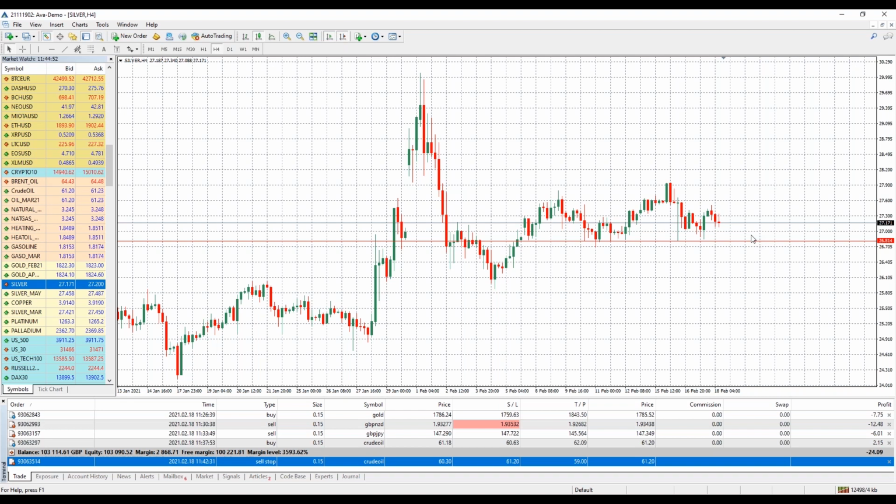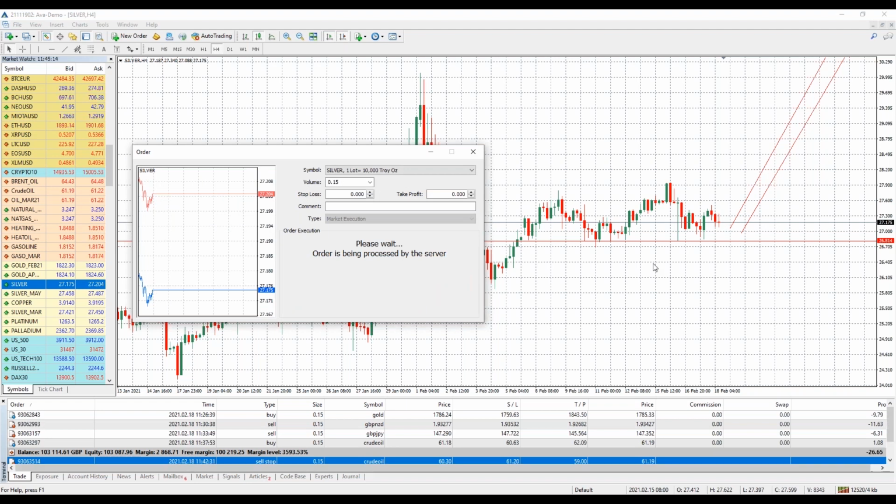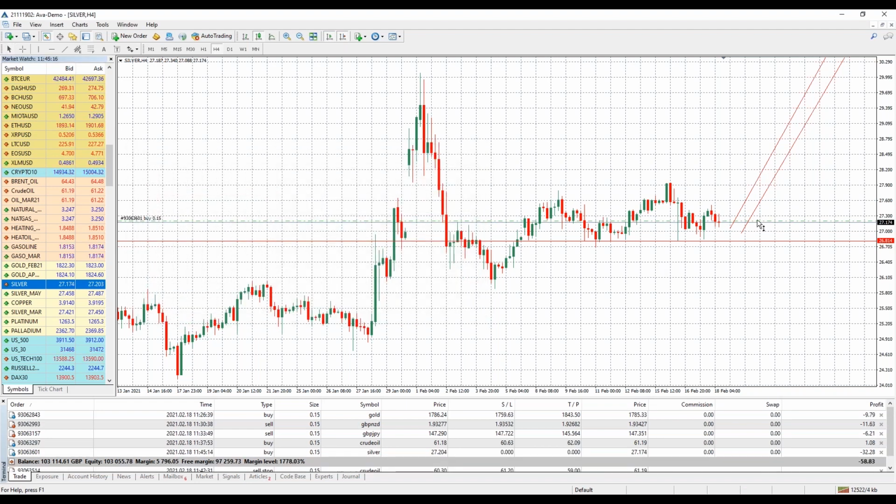Okay. If stimulus passes in the US, you could see inflation fears and a weakening USD, which tends to drive safe haven metals up. So this is a possibility here that silver could respect the support level. You could do a market buy right now on silver if you trust this support level, right? If you want to put your stop loss below the support level right there, take profit